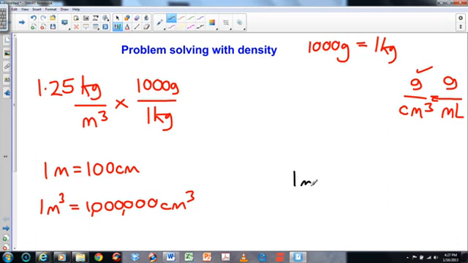If you'd said 1 meter cubed was equal to 100 centimeters cubed, you can see, because this conversion factor is very different to this one, your answer up here would have been way off. Anyway,